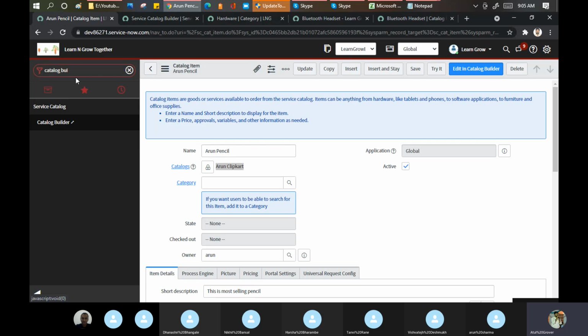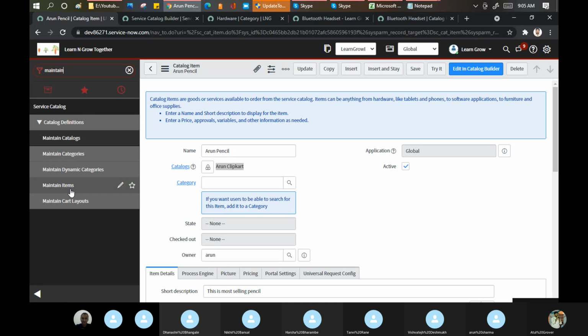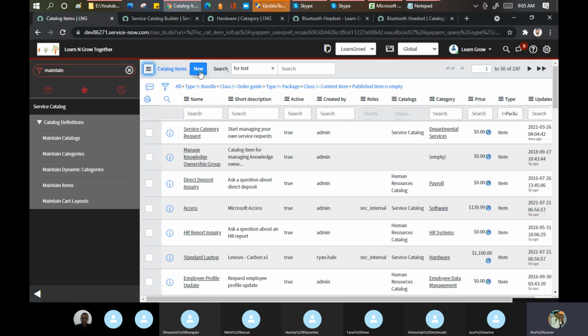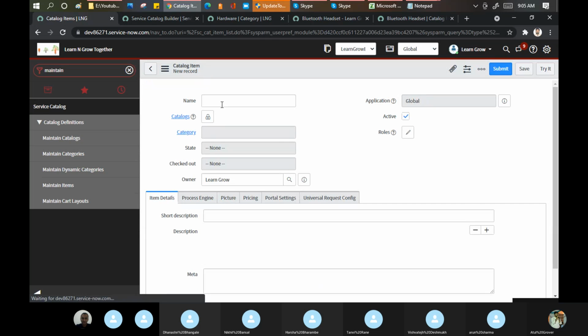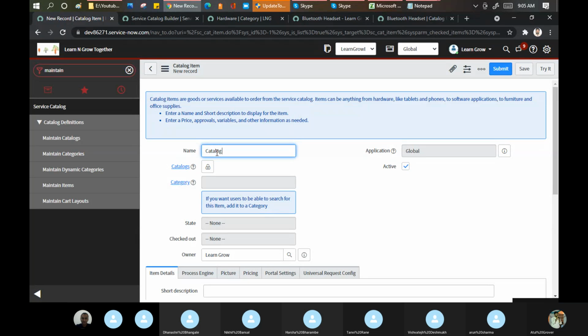go here and go to the maintain item. Go here and click on new. And let me put "builder demo". I'm putting this as my item name.